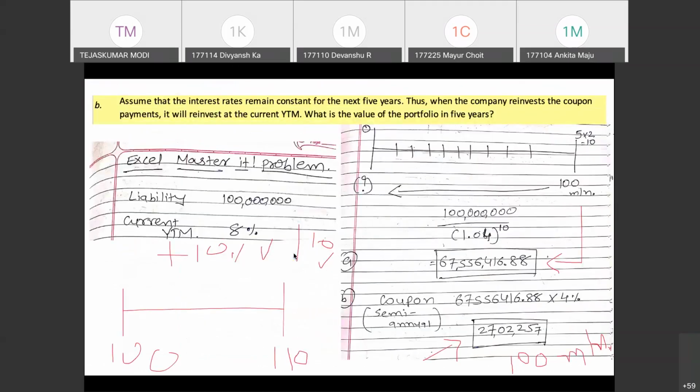इट इज लाइक दिस बेटा, कि आपको समझो कि 5 साल के बाद 100 रुपए चाहिए और हर 6 महीने पर आपको कितना आज पैसा इन्वेस्ट करना चाहिए जिससे आपके पास 5 साल के बाद 100 रुपए हो, ठीक है। और जब मैं 100 रुपए चाहता हूँ तो मैं ये भी चाहता हूँ कि हर 6 महीने में मुझे जो कूपन मिलेगा, वो कूपन को भी मैं री इन्वेस्ट करूंगा, ठीक है।